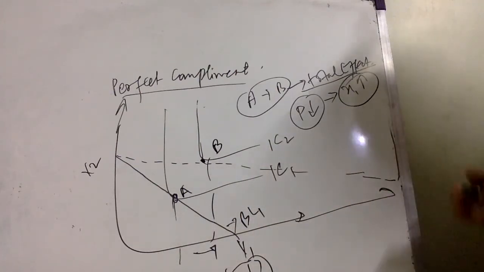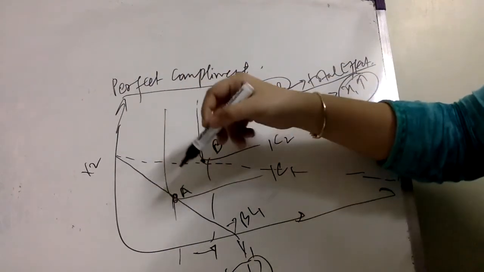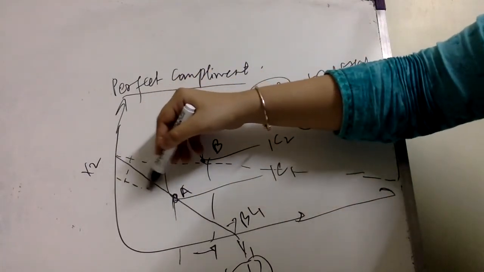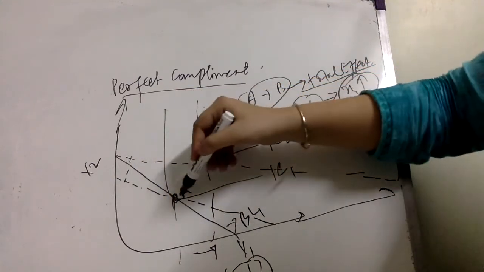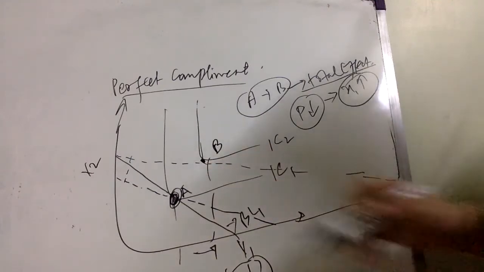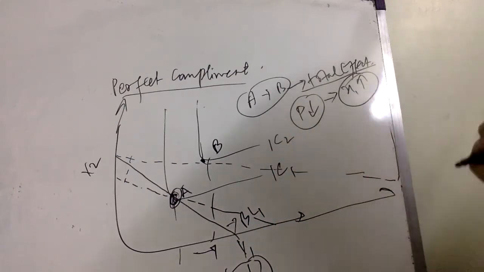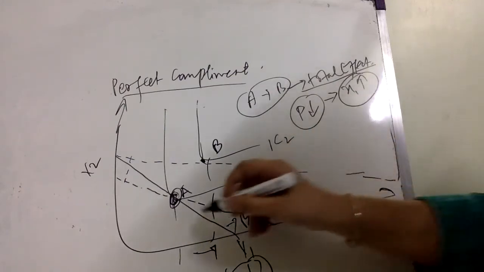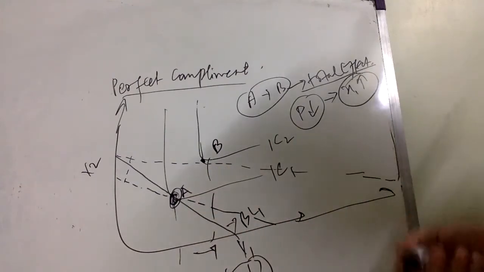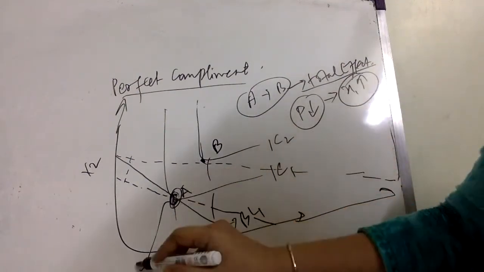Now decomposing this effect into the substitution and the income effect, I take away the income of the consumer such that he's able to afford the original bundle. Again, with respect to the new budget line, can I say the optimum is still at point A? Given this new budget line, the optimality will still lie at point A, and therefore there is no other point of optimality other than A on the new budget line which we have plotted. So that means there is no substitution effect.